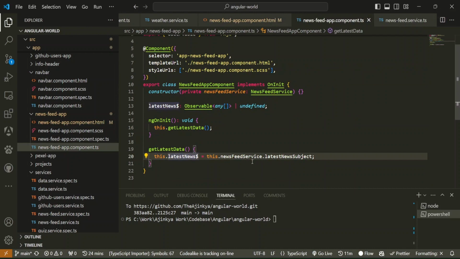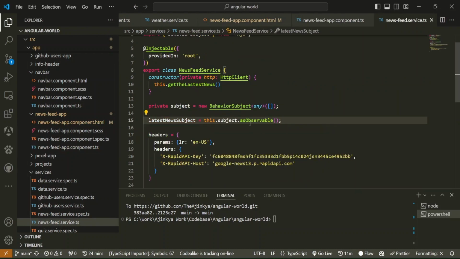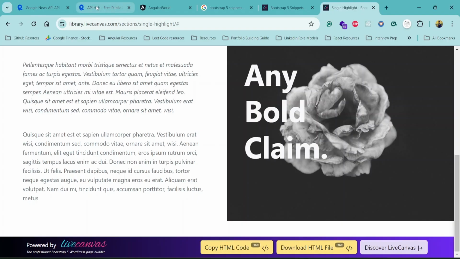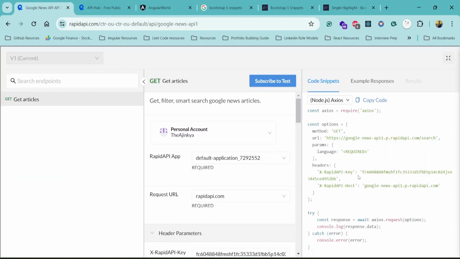So cool. After this, inside the service, I have defined it as a behavior subject. This is an instance of behavior subject. Regarding behavior subject, it's a kind of observable. So whatever the response that you get from this API,